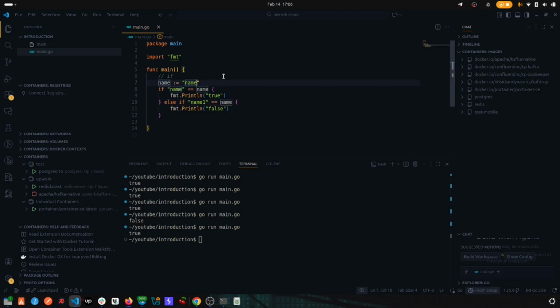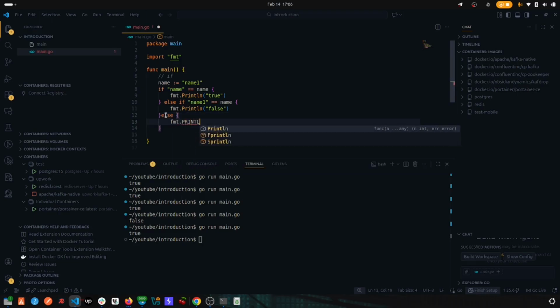That means if we change this to name1, if this condition is true, it's going to execute this. Else, if the condition is name1, then it will execute this one. Else fmt.Println